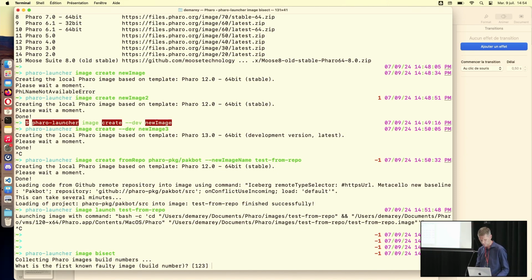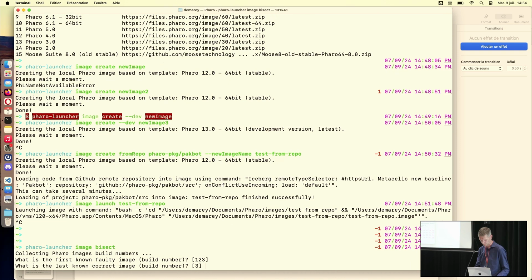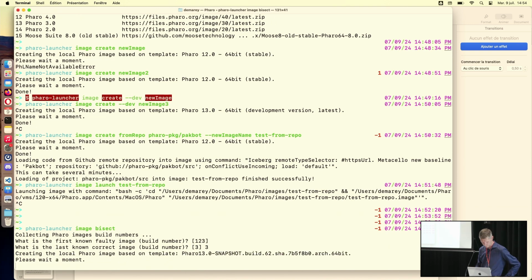So let's say, no, the last one, sorry. So for now it's 123, so let's say that. The last non-correct image, by default, it will be the first one of Pharo 13. So it was build number 3. Let's say I don't know 3.